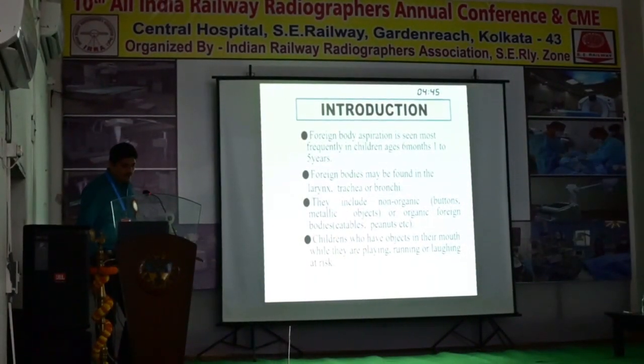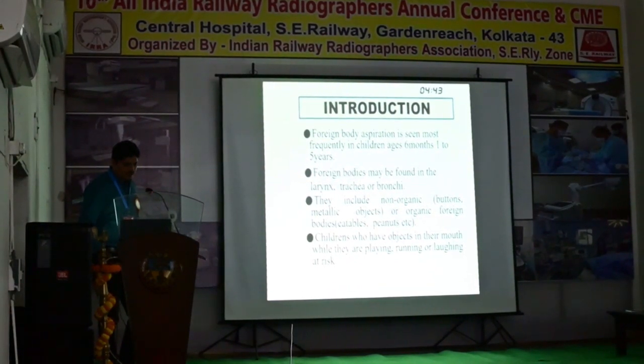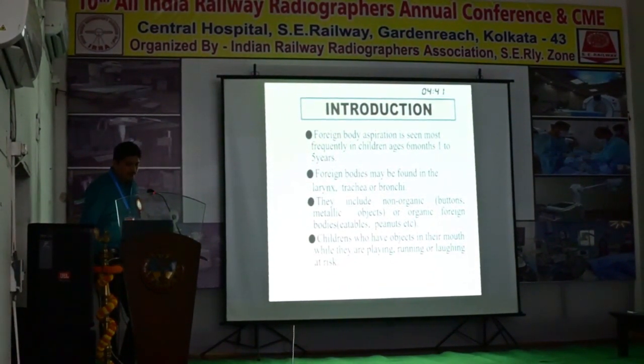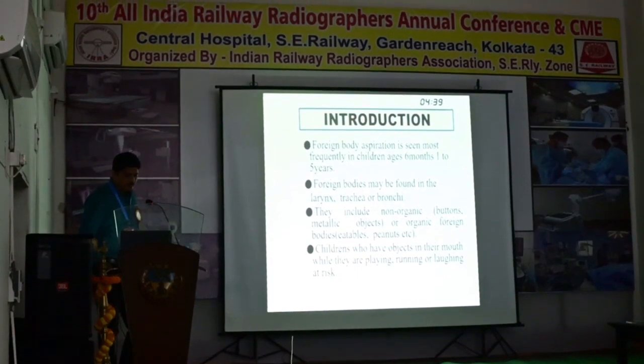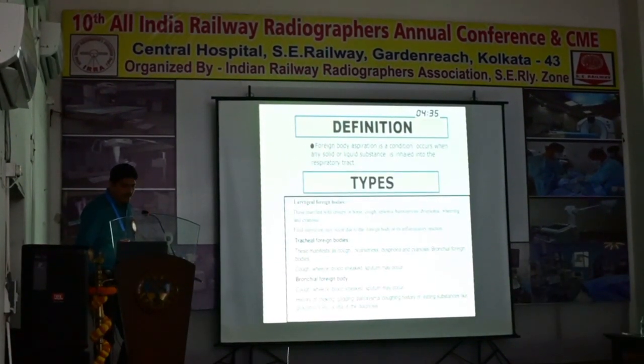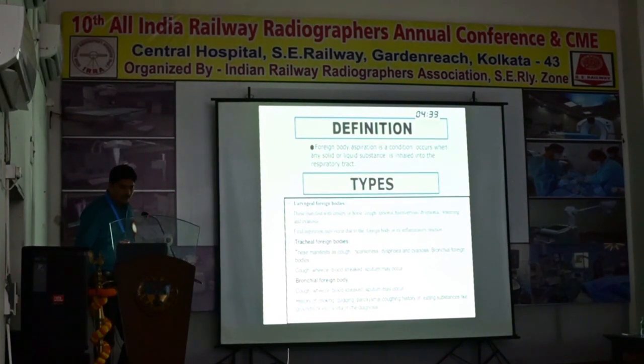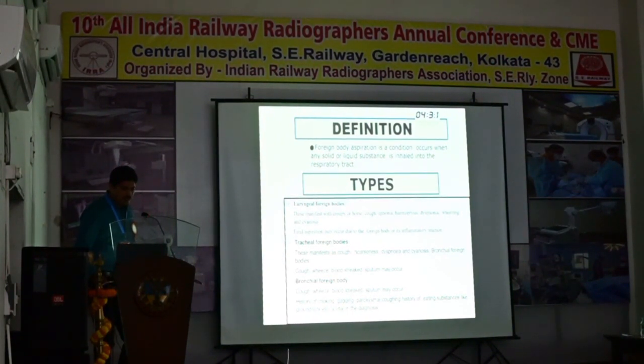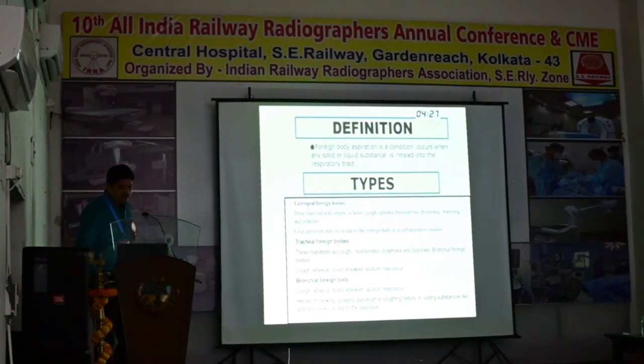Or organic foreign bodies like eatables or peanuts, etc. Children who have objects in their mouth while playing, running or laughing are at risk. Definition: foreign body aspiration is a condition that occurs when any solid or liquid substance is inhaled into the respiratory tract. Three types of